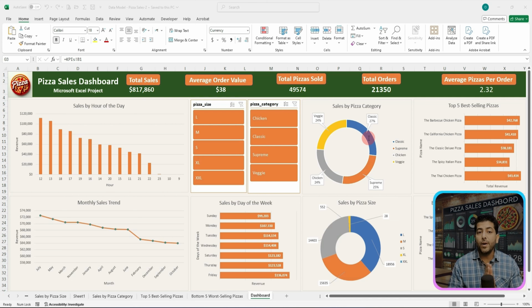Now let's shift our focus to the sales by hour of the day chart, which provides valuable insight into customer activities over the year. The lunchtime hours from 12 p.m. to 2 p.m. stand out as a peak performance, with 12 p.m. alone generating $1,878, a clear indicator of high demand